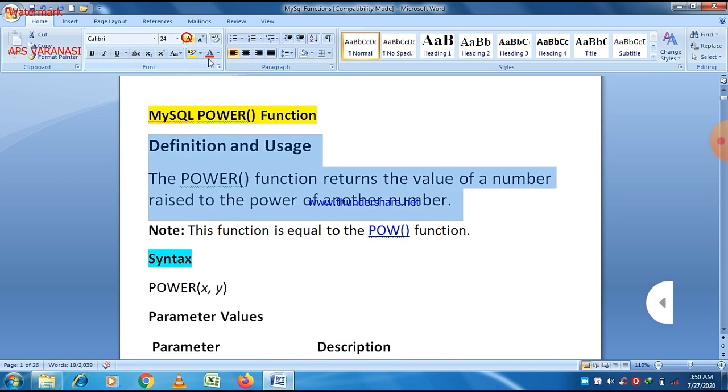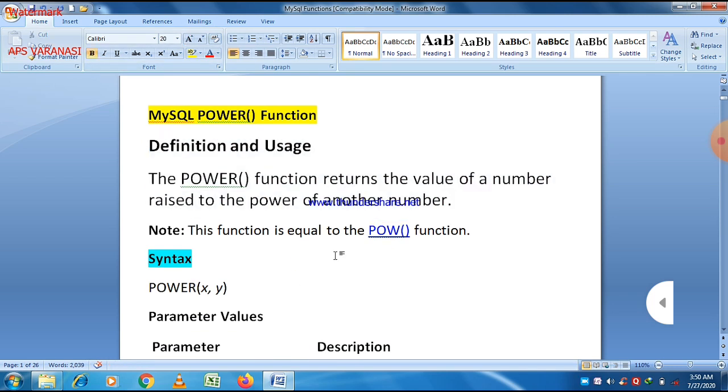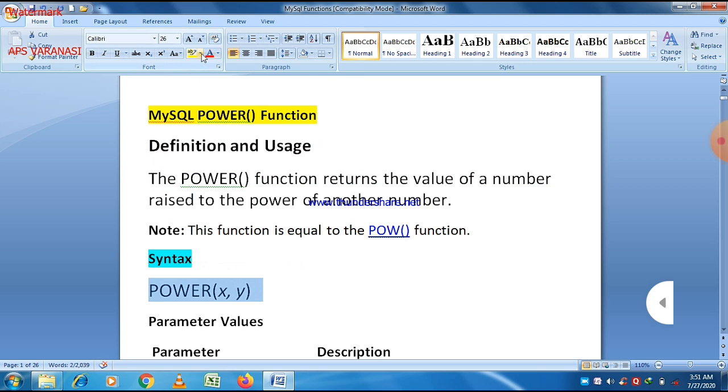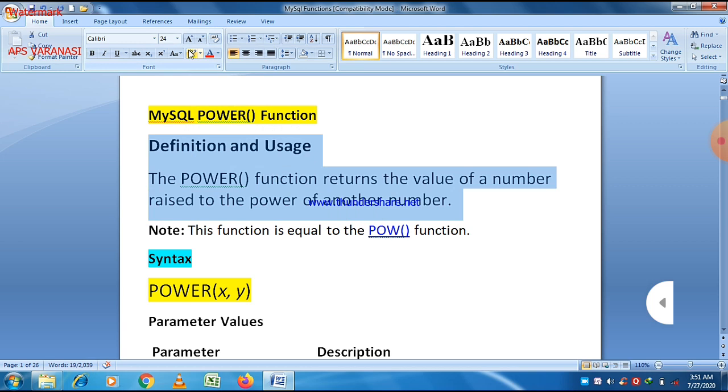Now, the power function returns the value of a number raised to the power of another number. So we can represent it as power(x, y), which means x raised to the power y will be calculated.